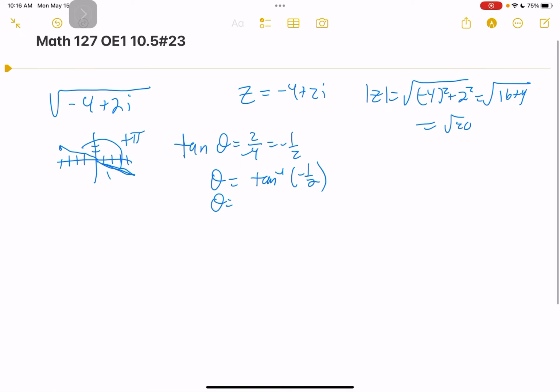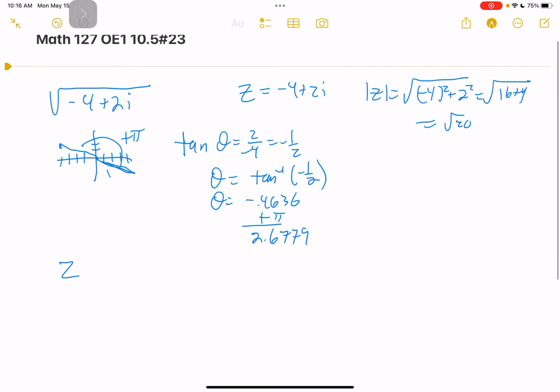So theta would be negative 0.4636. If I add pi to that, I have 2.6779. So what we're looking at is that our z could be represented as the square root of 20 times cosine of 2.6779 plus i sine of